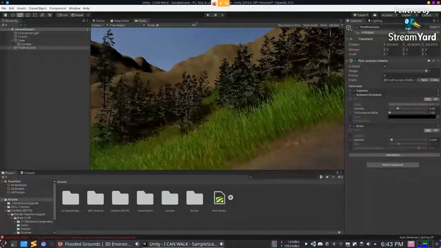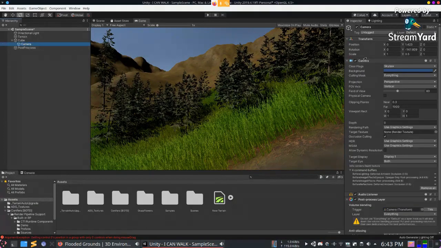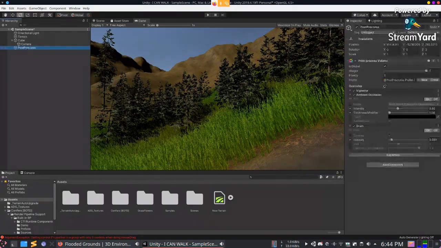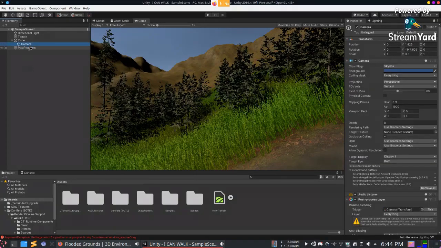Basically, I had made the post processing, like the basic empty, into a camera. To explain my issue, in the inspector, you can basically add components to a basic instance. When something's an empty, it's just an empty space where you can add something. So I had created an empty to keep the post processing, but accidentally I had also added a camera in it. So basically, it made the post processing a camera.